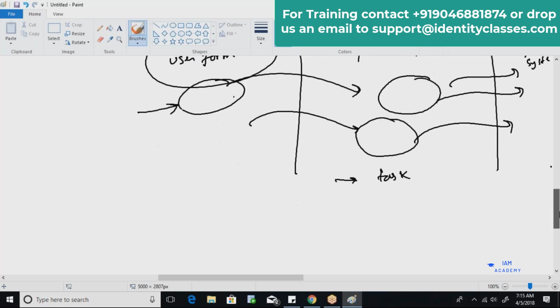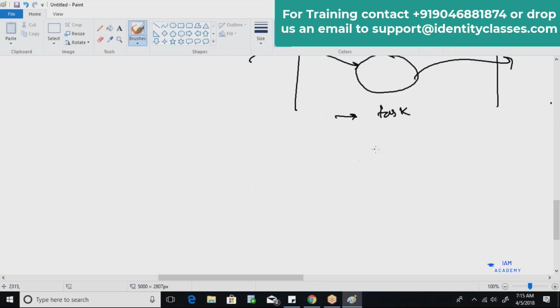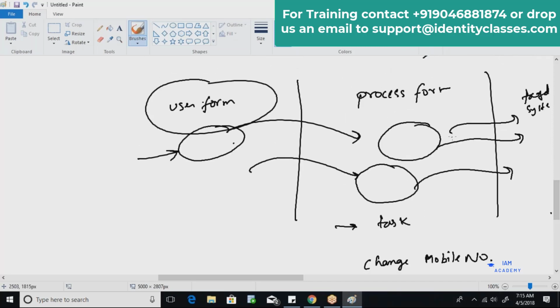Okay, now what I have mentioned over there is a task called change mobile number, and there's another task. Let's say I have given the name change mobile number, and the next task is responsible for migrating the value, or propagating the value, from this place to this place.